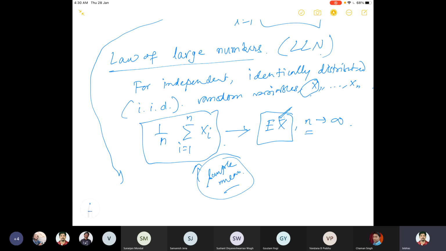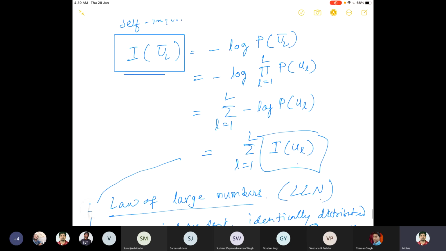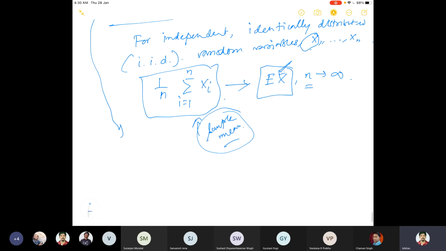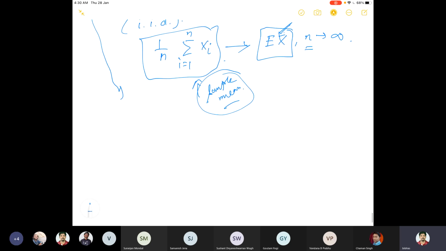This is a very important law, and it has a lot of applications. So here we have I1, I2, IU1, IU2. If I consider self-information as this, then what is the meaning? Convergence here, this limit also has a meaning. The meaning is the following: for any delta bigger than 0, there exists some epsilon. Epsilon is a function of two things here, L and delta, such that